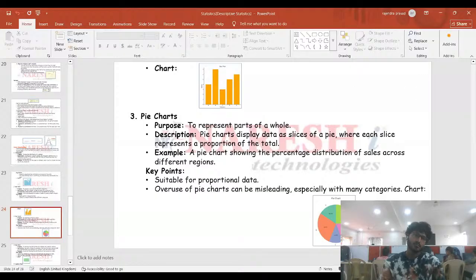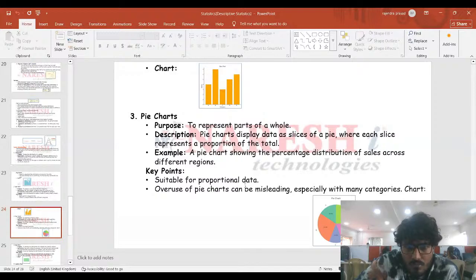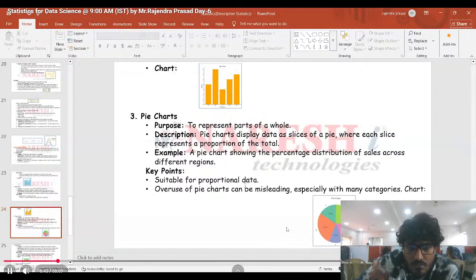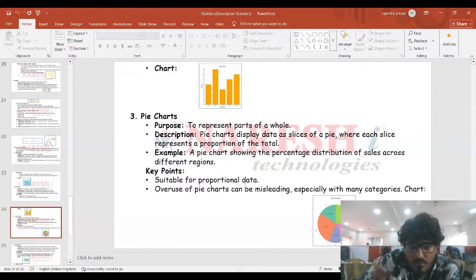See, pie chart. This is used to represent parts of a whole data. See the description. A pie chart displays the data as slices of a pie. Here, each slice will increase or decrease depending upon the proportion. If there is a particular category which is contributing more, then we'll have a bigger slice. Okay, less means less slice. That's what. Example, look at the